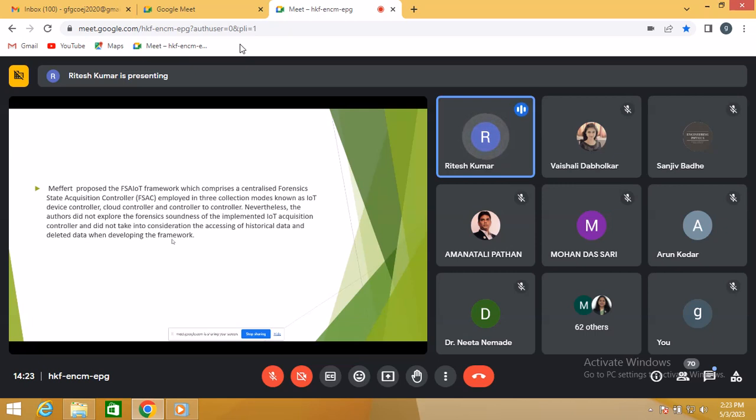First connection is called device controller. Second connection is called cloud controller, and third is controller to controller, meaning which can control the controller. Right. So with this forensic state acquisition controller, there are three types of controllers, where there is a regulatory controller which regulates the IoT device controlling. Second, a cloud controller which controls the data of a cloud, and third is the controller of controllers, the single controller which is controlling the devices